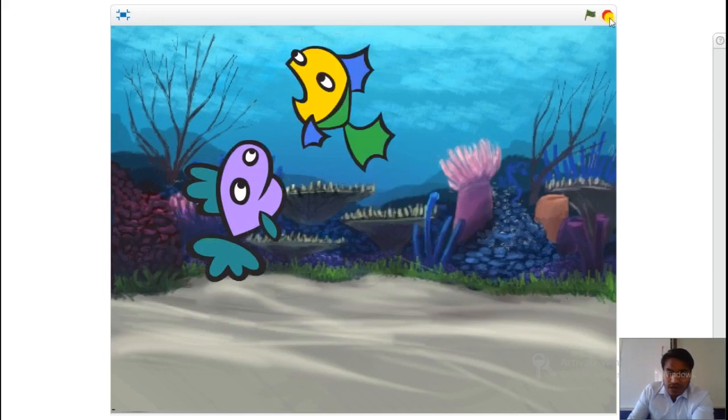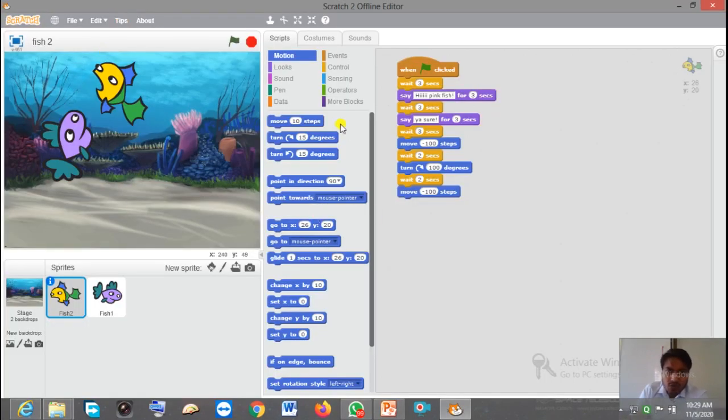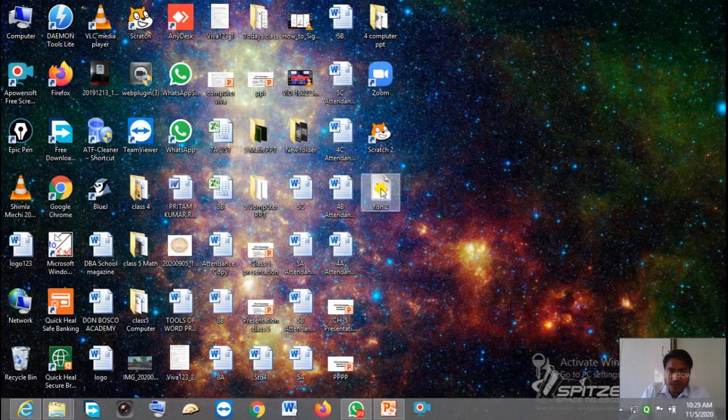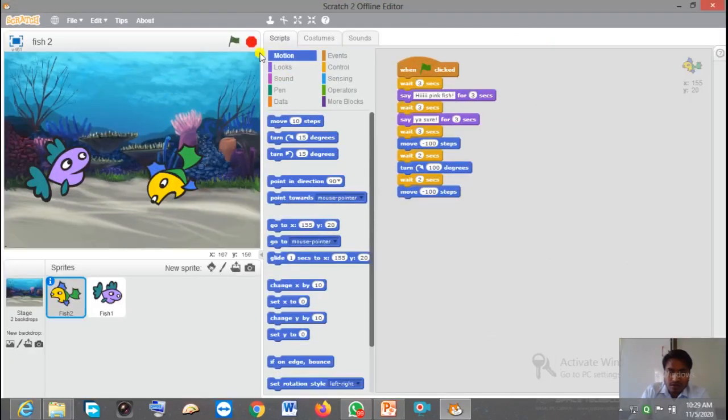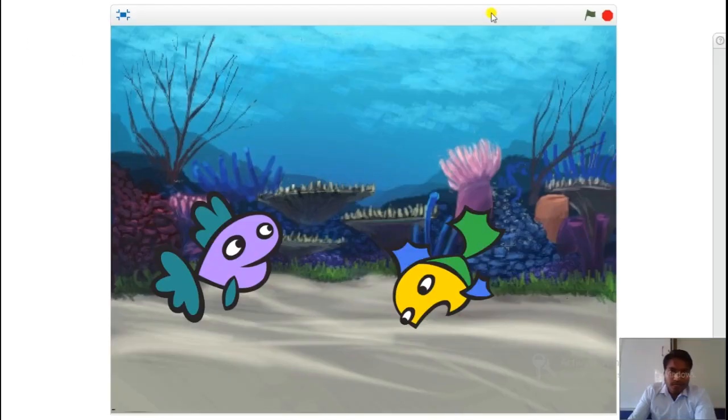Now they started moving. So execution is started. Now if you want to stop, then you have to click on the stop button in between. Let me show you once again. Now it started.